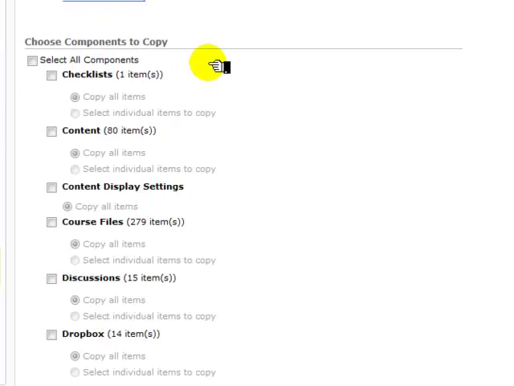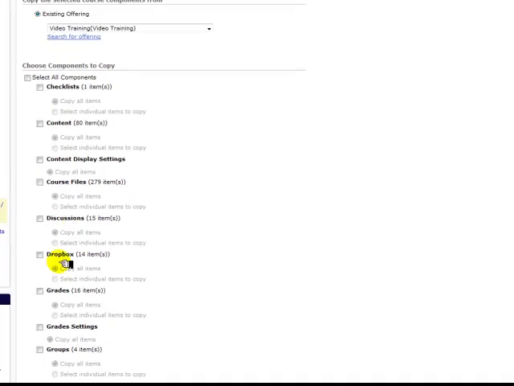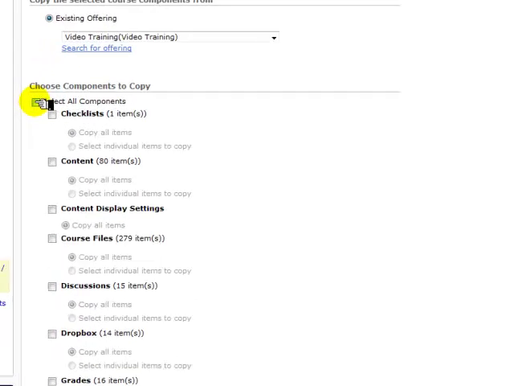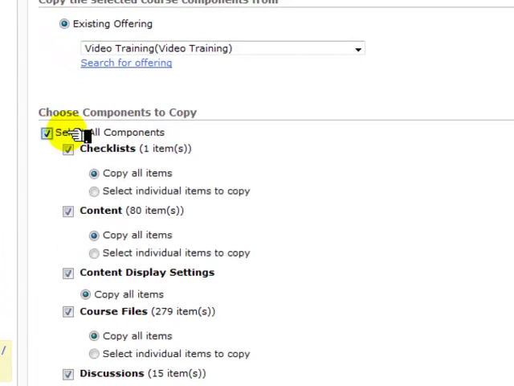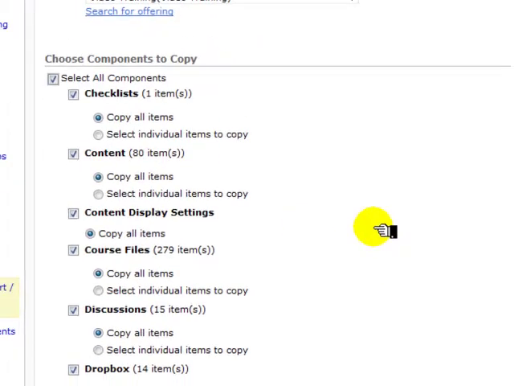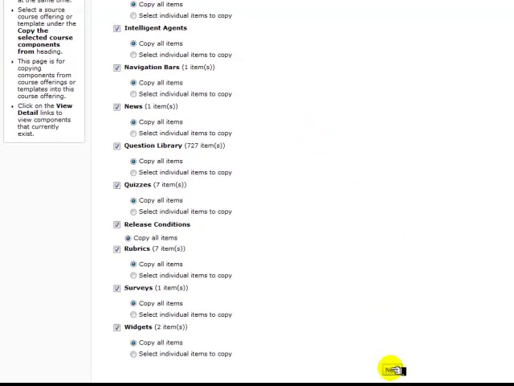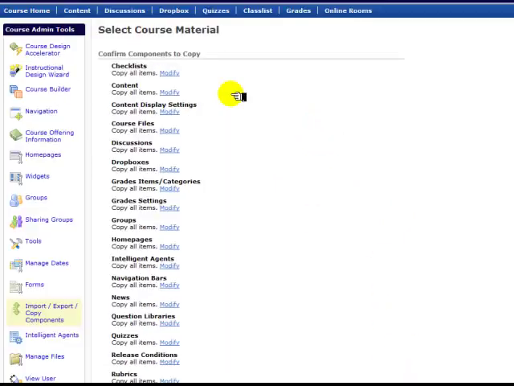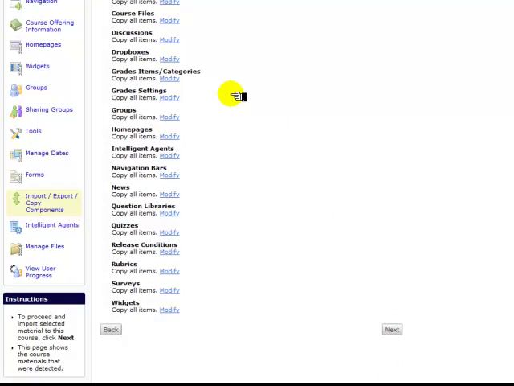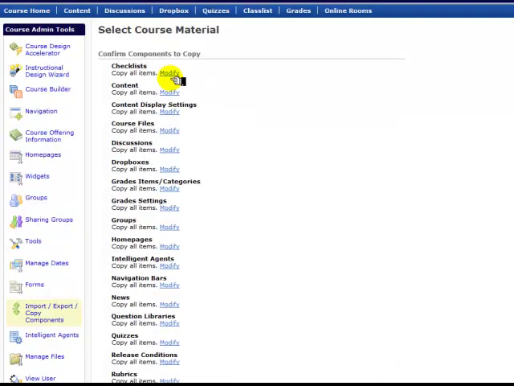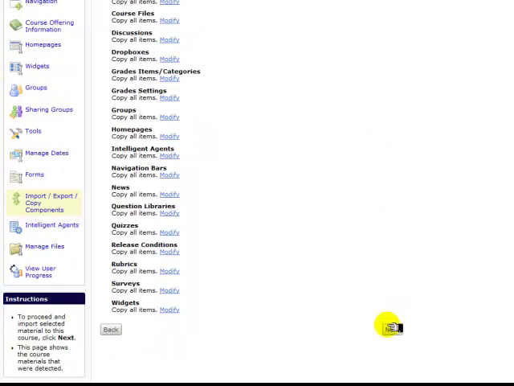And typically what you're going to want to do is select everything, your content, your course files, your discussions, Dropbox, like I say, everything. To do that, check this box at the top that's labeled Select All Components, and it will do just that. From here, you can click Next. This screen will give you a list of what it's planning to import. If you wanted to modify at the last minute, you could by clicking on these, but we do want everything,